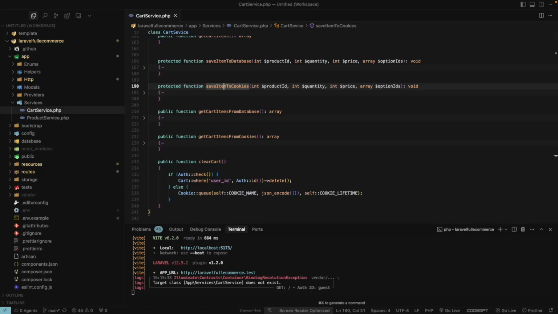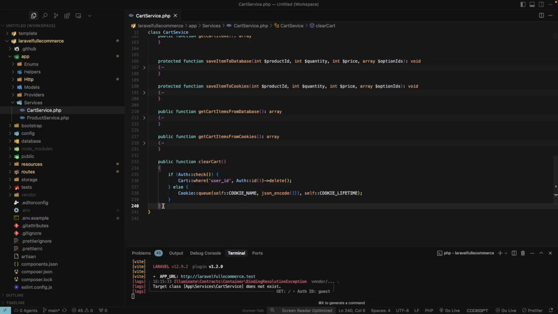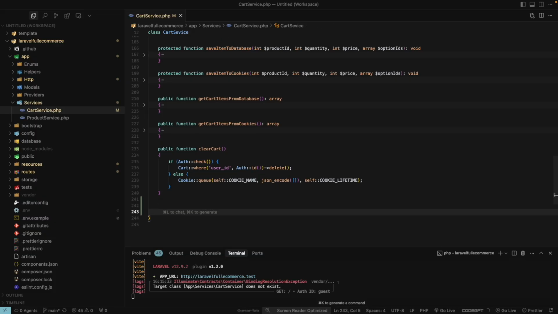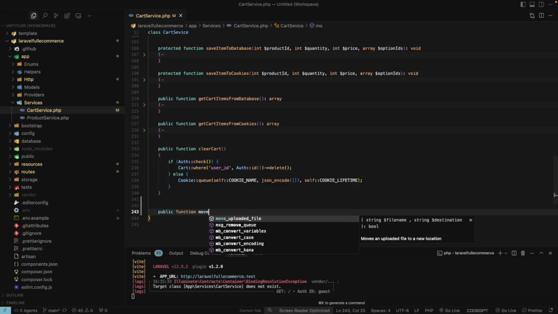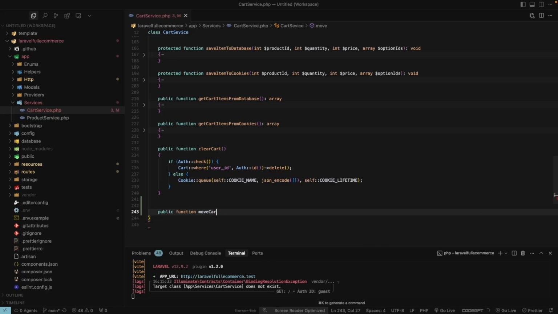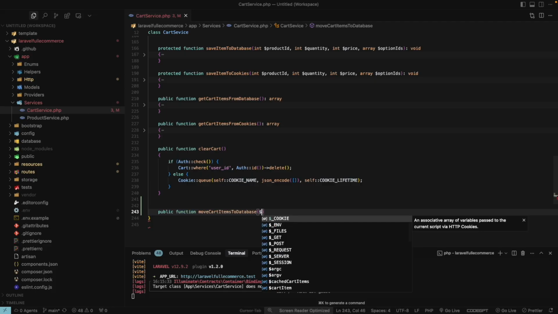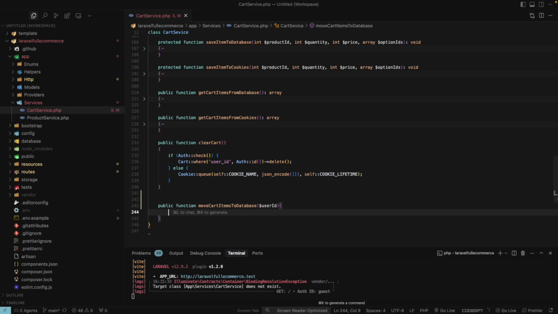This is cart completion. Okay, and then login, then everything we have to make. First of all, let's move the product, this cart, into the database. Public function move cart items to database. Okay, first of all, let's get the user ID, and this $cartItems is equal to